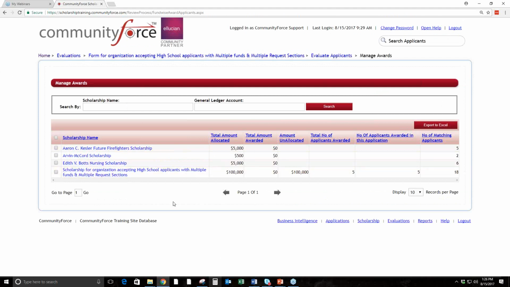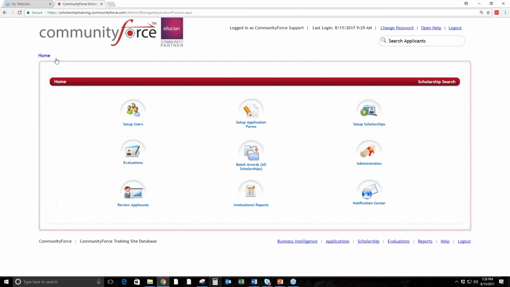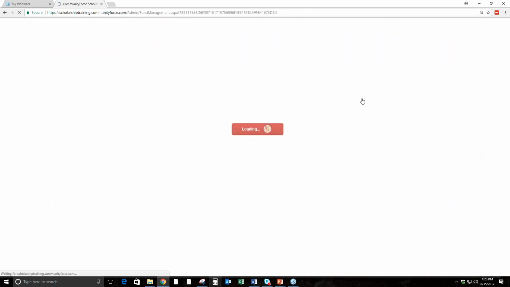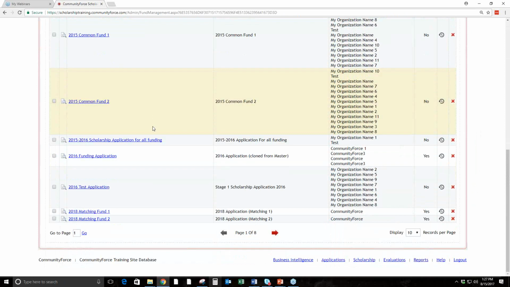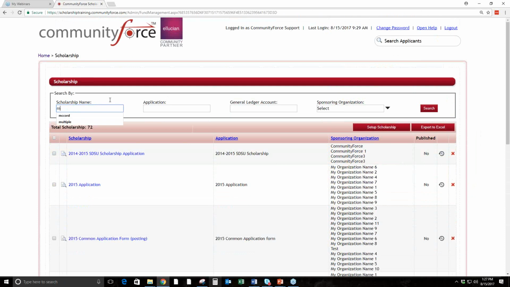So, of course, when you set that up, you link the funding sources that are part of that application form. I'll just briefly go over how all of that's linked so that you know where it's getting the data that it's showing here in this listing, because this is showing the scholarships that this application form is used to apply for, these 4 scholarships. So if I go home, instead of scholarships, we still have what we would call that posting fund. And so, in that scenario, if I go here to my scholarship multiple,